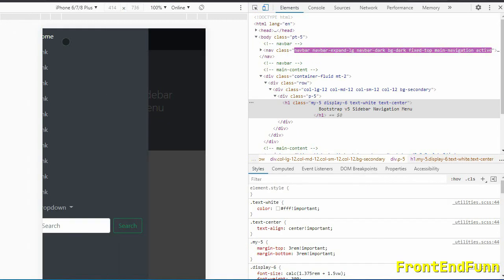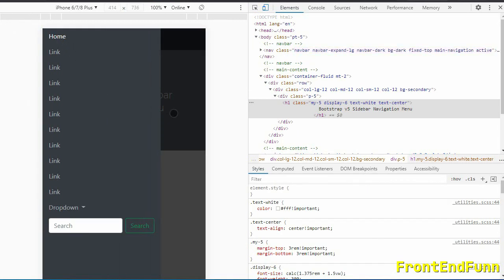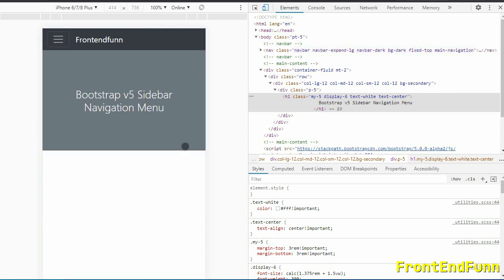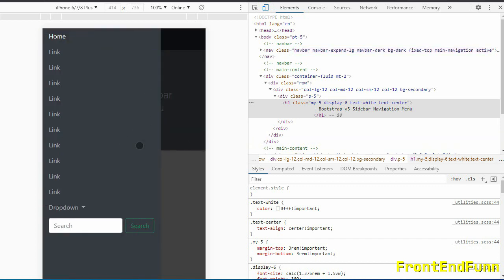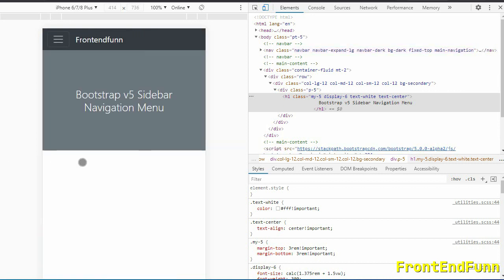as you can see, when I click on the hamburger menu, we'll be having a sidebar menu, and when I click on this overlay, the sidebar menu closes. Okay, and I have also added the gesture features so that when a user swipes from left to right, the sidebar will be opened, and similarly to close this we need to swipe from right to left. Okay, so I'll show you how to implement this.